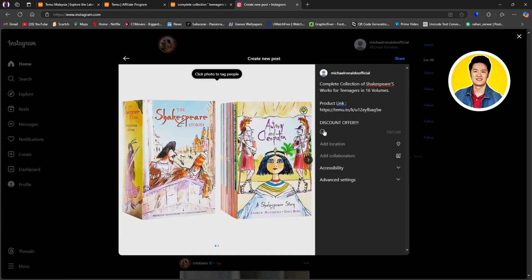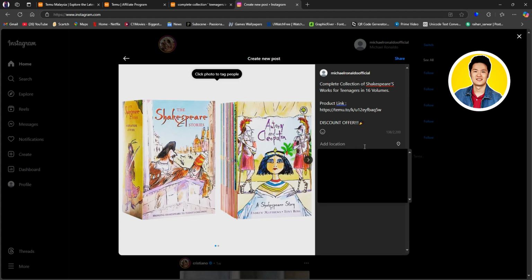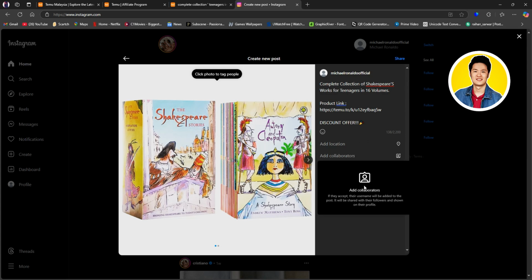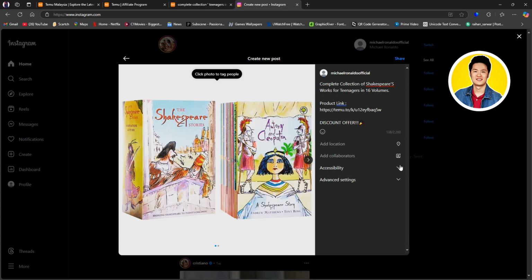You can also add emojis by clicking on this option. After that, you have the option to add location. So if you want a certain location, you can select it from here. You can also choose your current location if you want. After that, you have the option to add collaborators. Then, accessibility. From here, you can type in alt text for your images, which sometimes may or may not help